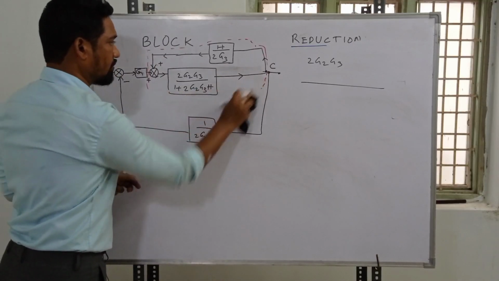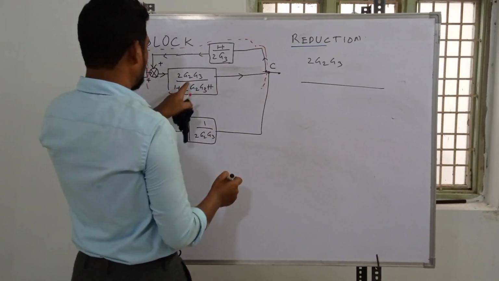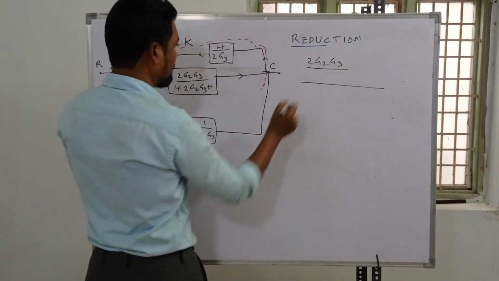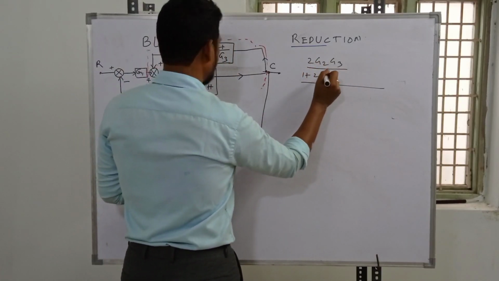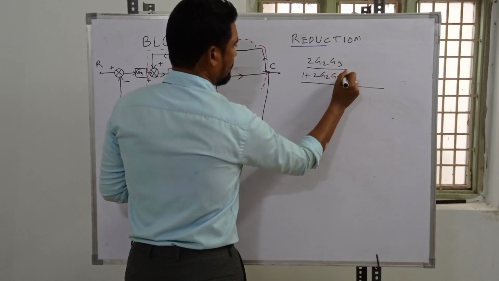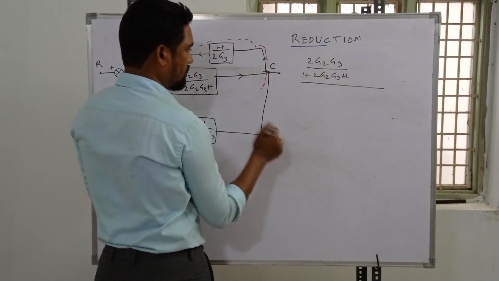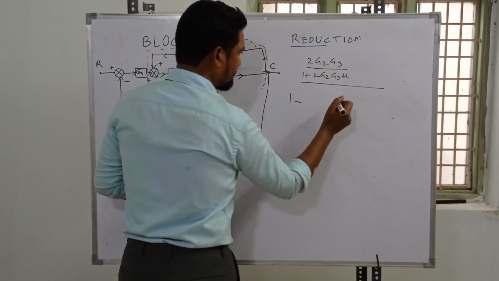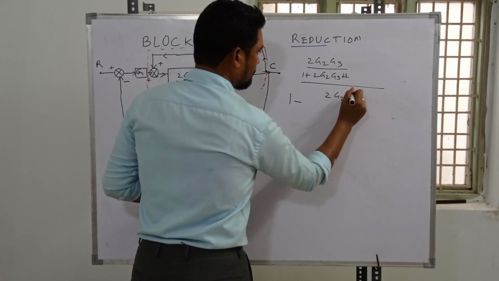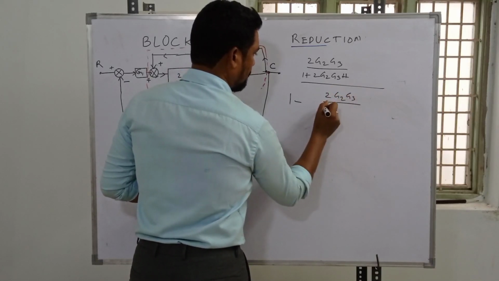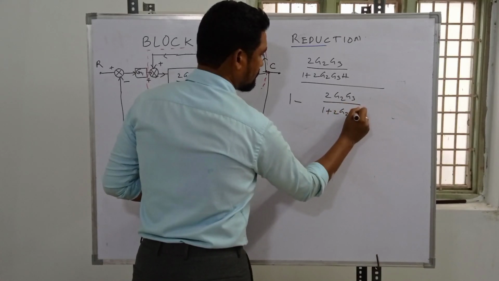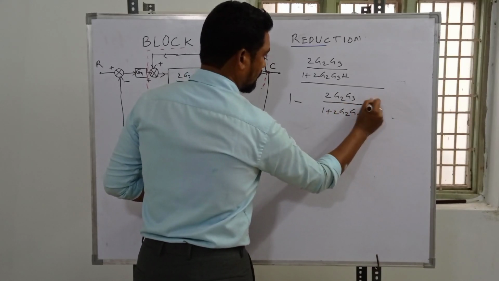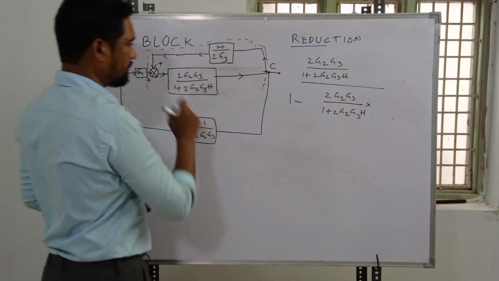We only need to understand the feedback path: twice of g2 g3 upon 1 plus 2 times g2 g3 into h. This is for the entire g. So 1 minus twice of g2 g3 by 1 plus twice of g2 g3 into h, into h part, this one, into